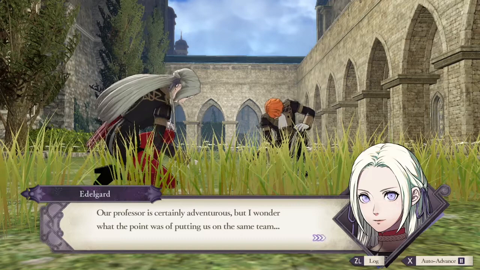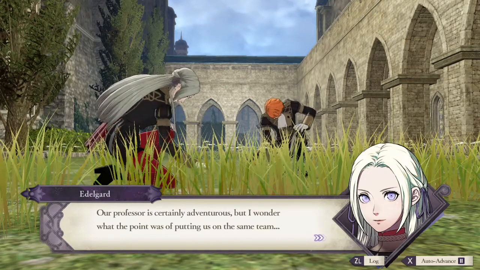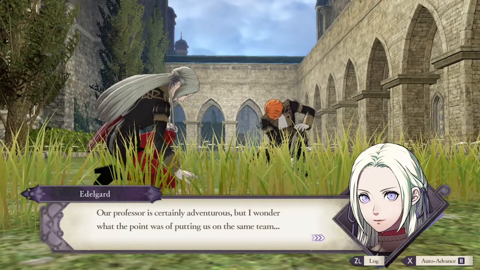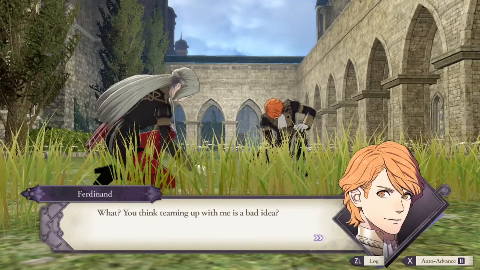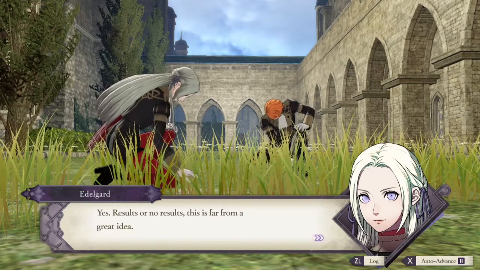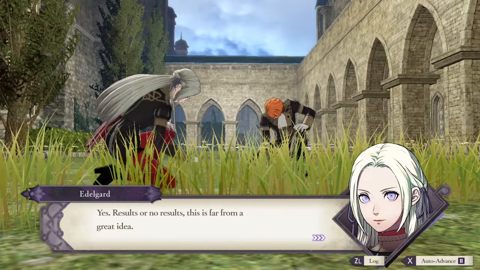Our professor is certainly adventurous, but I wonder what the point was. And these little mini things, the tasks, You think teaming sometimes up with me they is a have bad custom idea? dialogue depending on which two Yes. characters you pair. Results or no Edelgard and results, Ferdinand this is far from a hate great each idea. other, so...